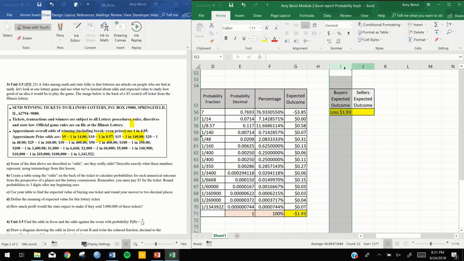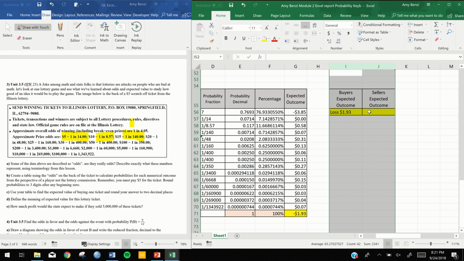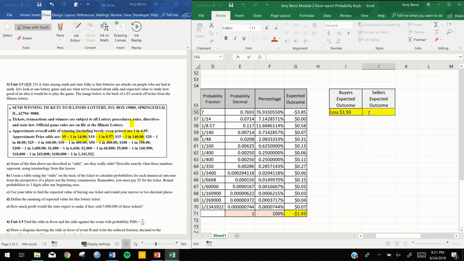I'm actually going to make both of these columns wider. And then in this column, I'm going to put a gain of $1.93. All right, and then